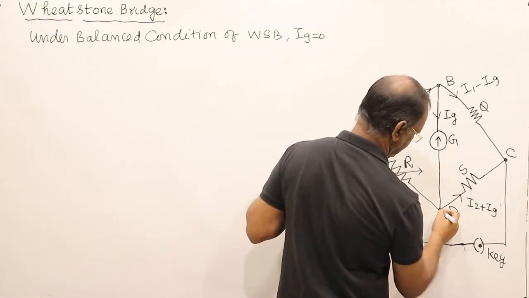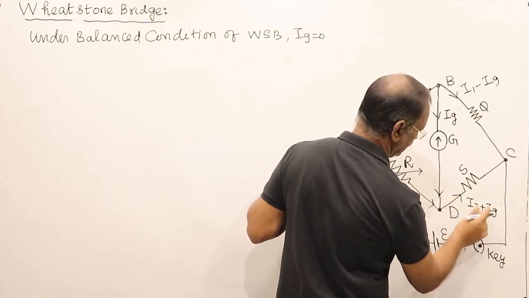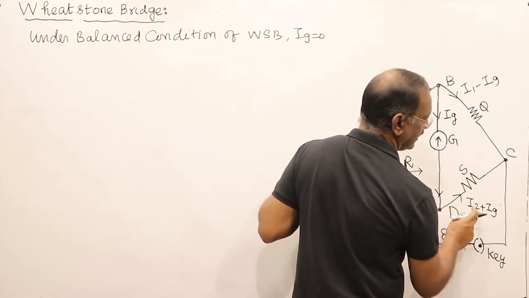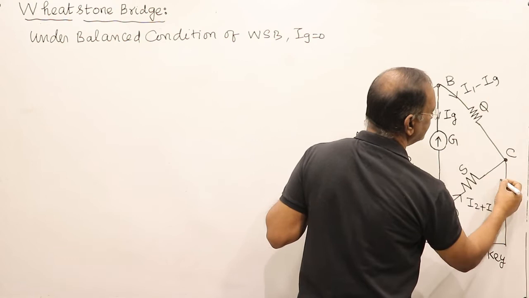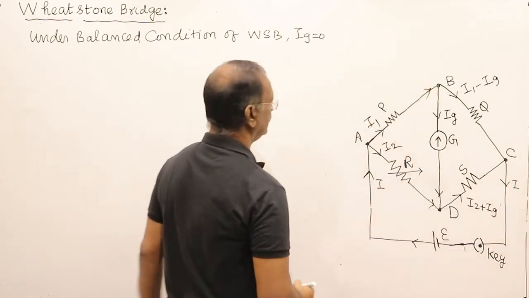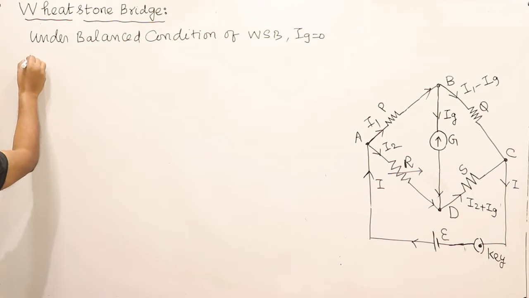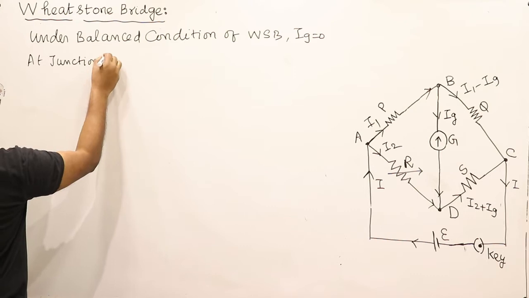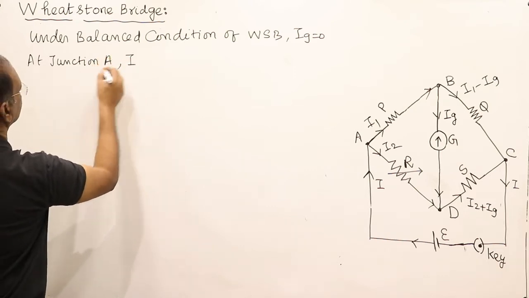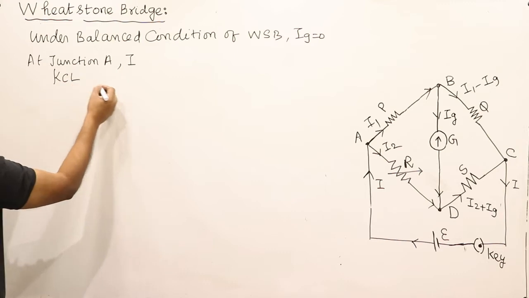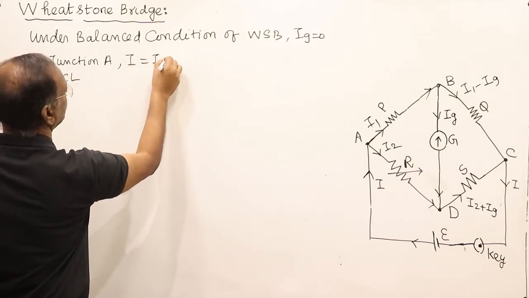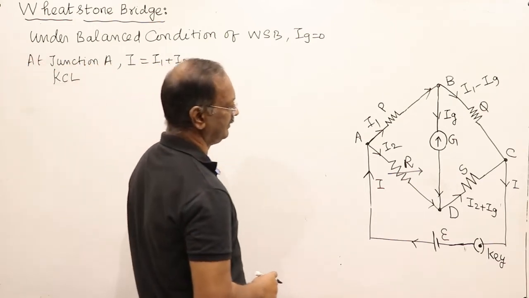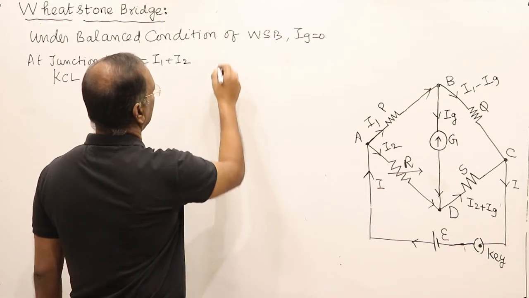So when both are incoming, then the outgoing is I2 plus Ig, as per Kirchhoff's current law, I2 plus Ig, and this will be I. So it means at junction A, by KCL, Kirchhoff's current law, I is equal to I1 plus I2. I is equal to I1 plus I2. Now we will apply KVL